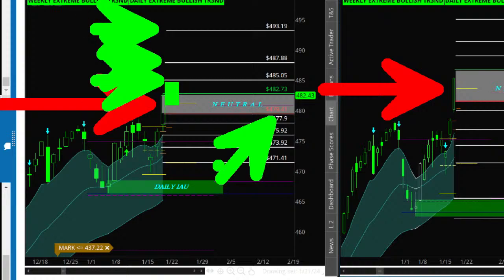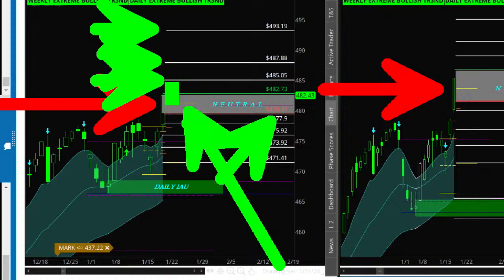So, for example, if I take this trade and I go long here and I get an alert on my phone that we're at 485.05, or if you want to come down a little bit and you get an alert, that lets me know, hey, I want to take some off here, whether you're trading equity or options, it doesn't matter. And then I want to pull those stops up.